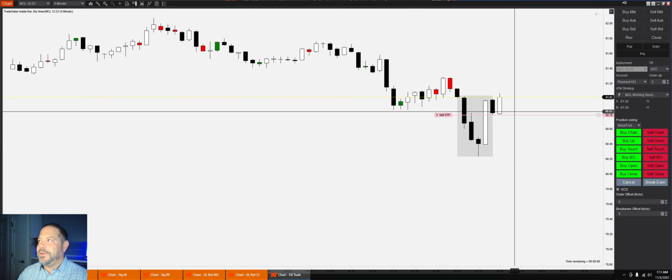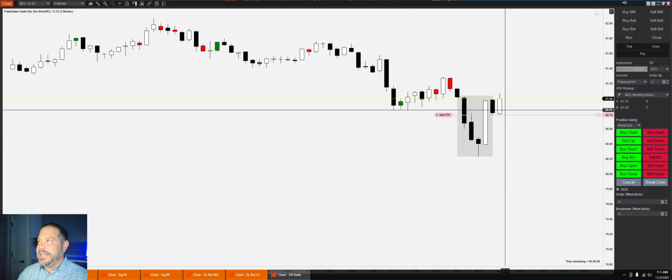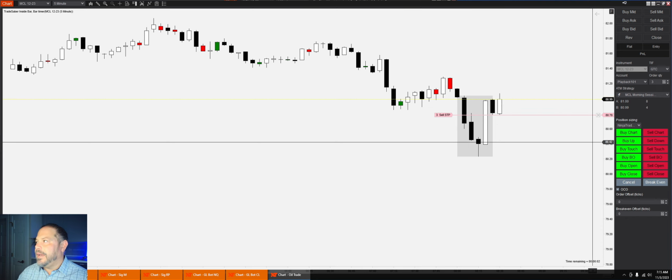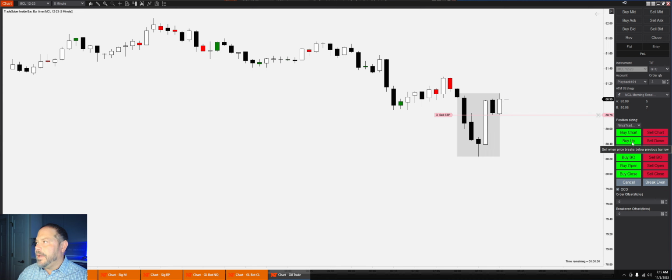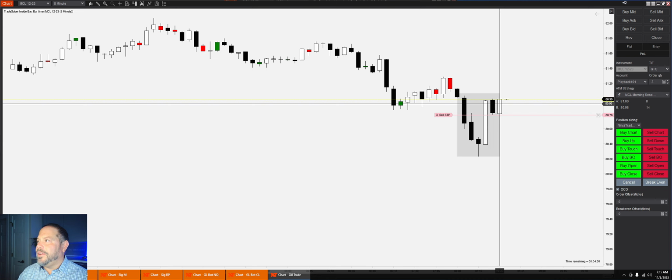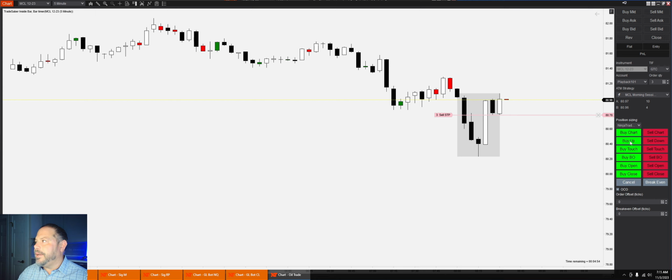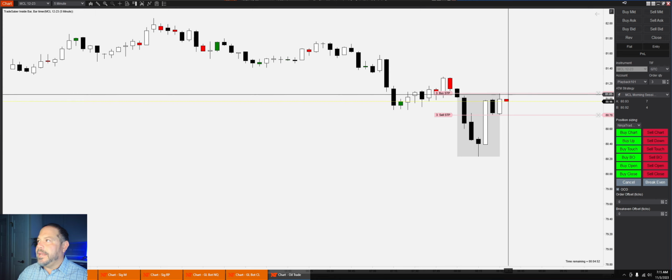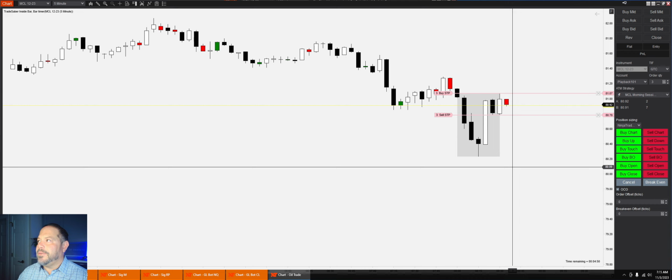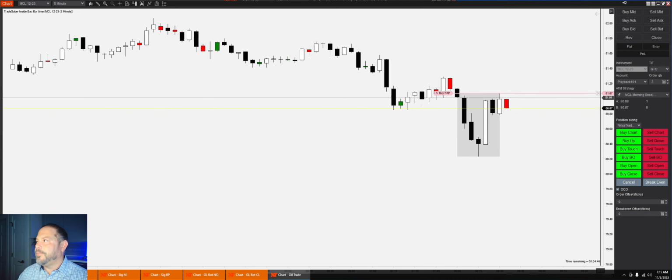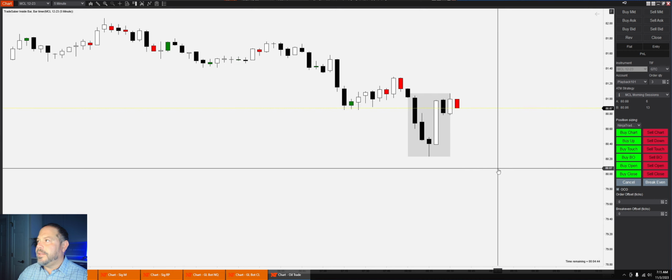Okay, so again, if you know that an inside bar is forming and there's a couple seconds left, I could just hit buy up and sell down, and it'll automatically see how this order's here. If I go to buy up, order submitted. It'll automatically put it at the top of this wick, which, as you know, for an inside bar, that's exactly what we're looking for. Order canceled. We cancel these, and then